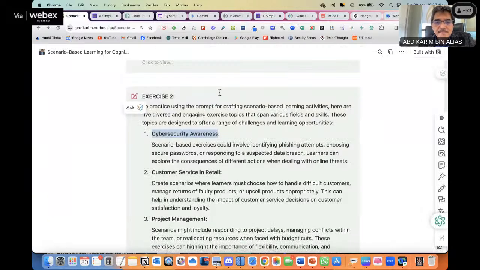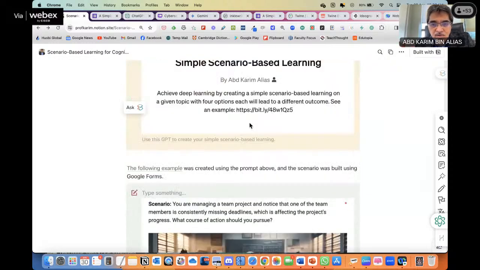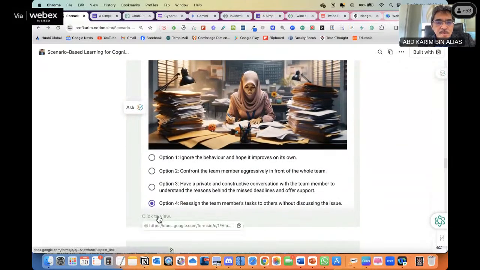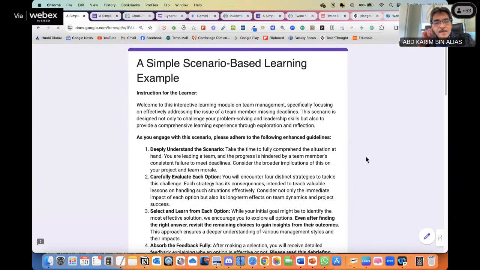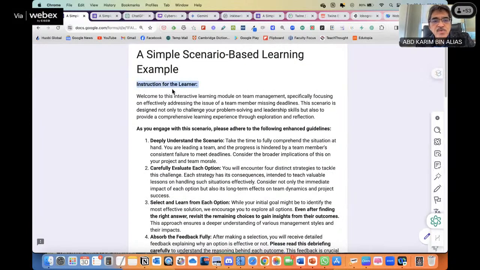And then after we are done on this, we can start creating the scenario using whatever tools that we have. So let me go through this example, a simple scenario-based learning example. A good practice is to give the instruction to the learner.